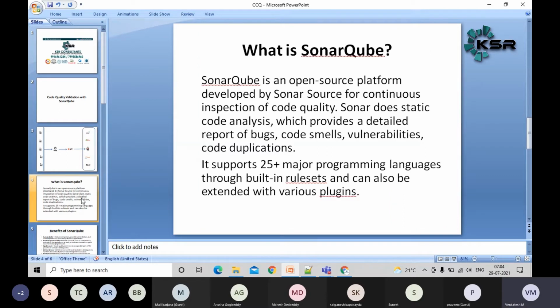One more advantage with SonarQube is that we can have a built-in rule set, and if you want, we can also add additional new code quality rules, guys. That's one of the advantages. Also, it supports more than 25 languages, guys. It's not only for Java, but also Node.js, TypeScript, HTML, CSS, and whatever programming languages are available. For most programming languages, SonarQube is supported, guys.